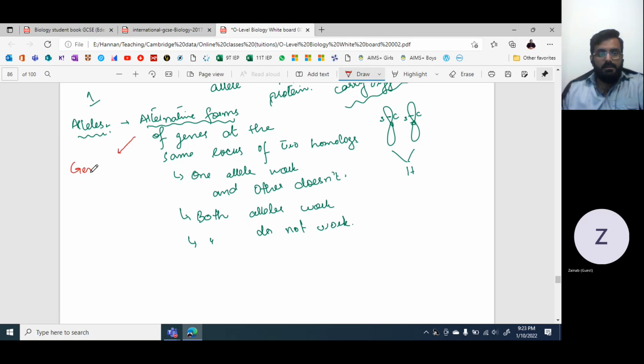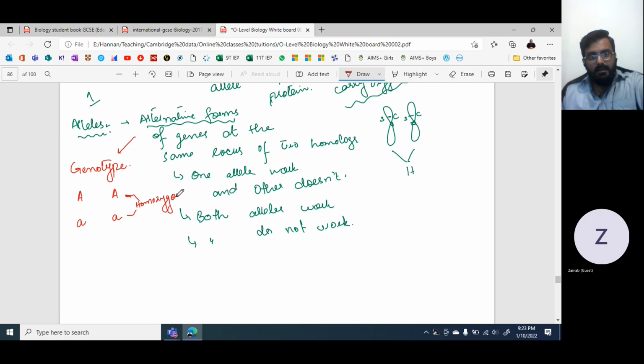That term is known as genotype. For example, if both the genes are the same, either dominant or recessive, I'm not mentioning chromosomes here. I'm just mentioning two alphabets. If both the alleles are working properly or both are not working properly, this combination would be regarded as